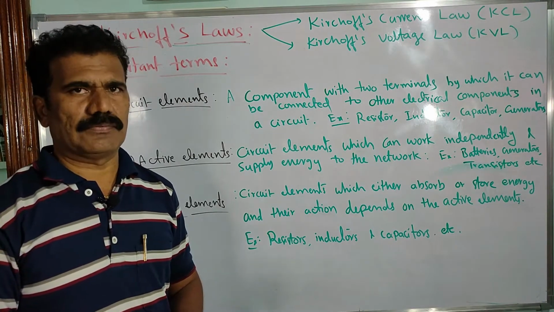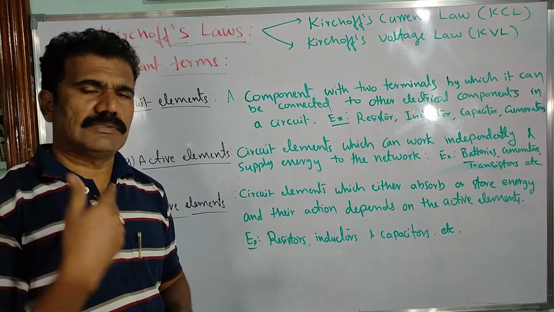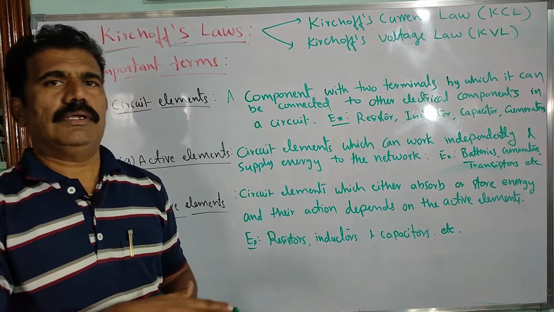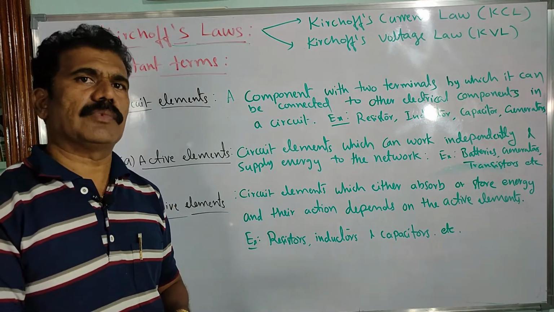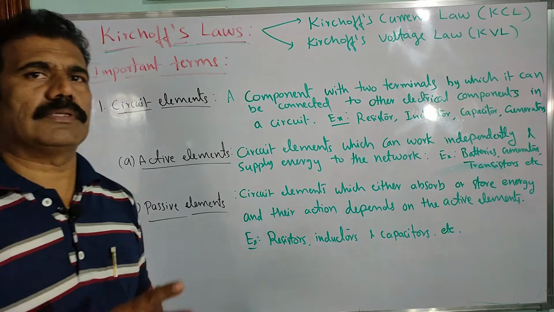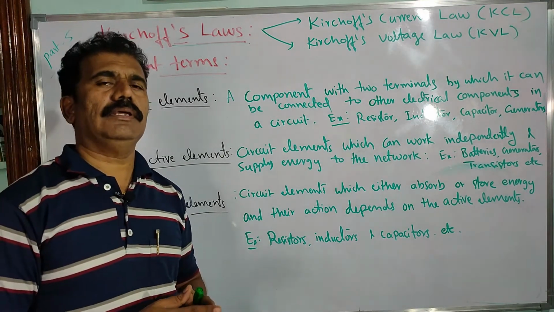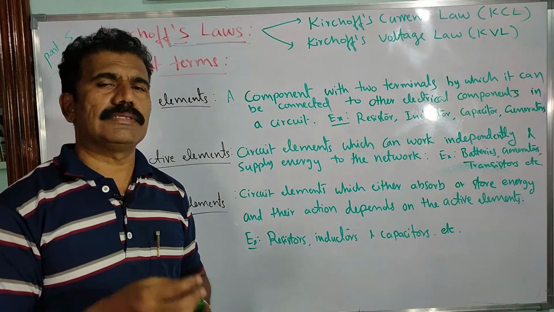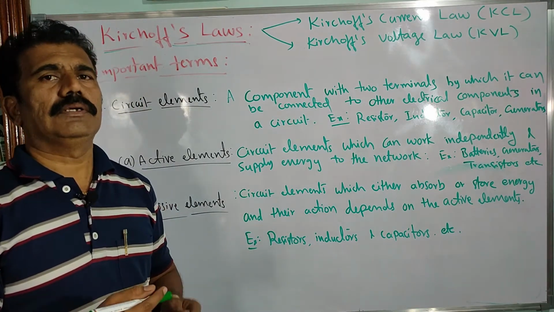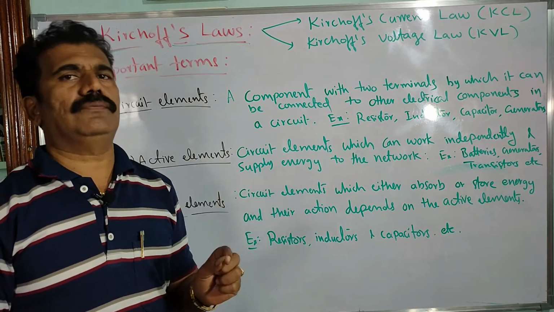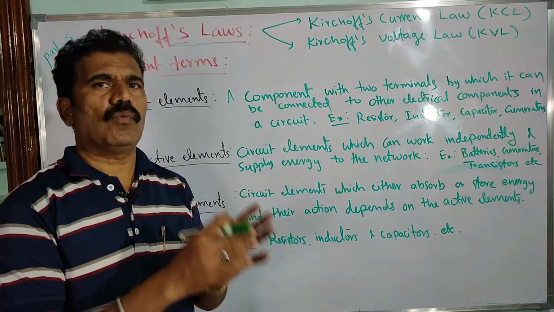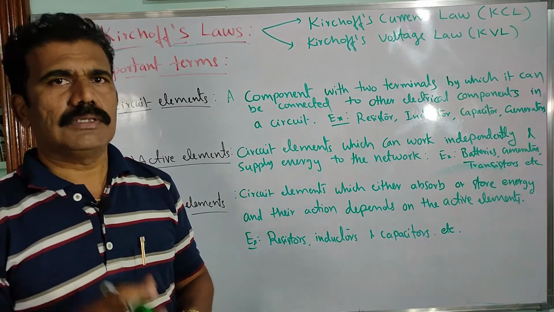single DC source. Suppose the network consists of more than one voltage source or current source, along with series and parallel combinations of resistors, then it is not possible to analyze the circuit easily. Normally we start the analysis of a DC circuit with the help of Ohm's law, correct? Ohm's law is very useful of course, but Ohm's law alone is not enough to analyze the circuit if it consists of more than one voltage source along with the resistors.